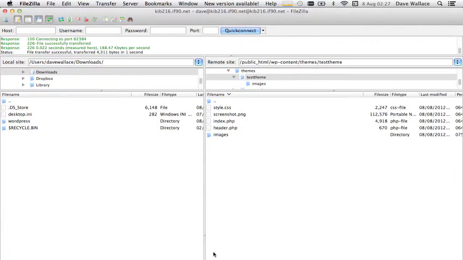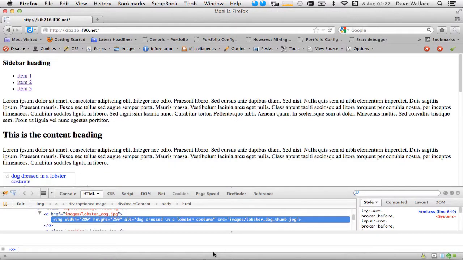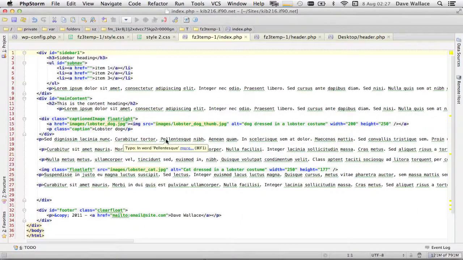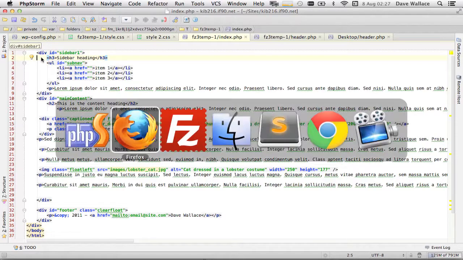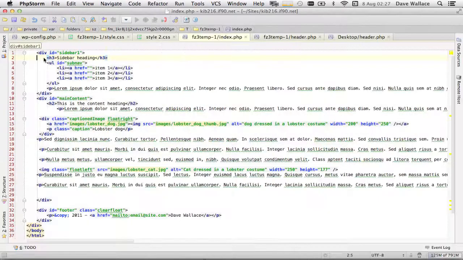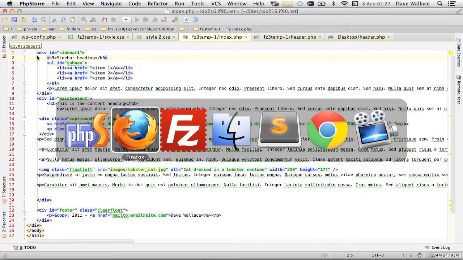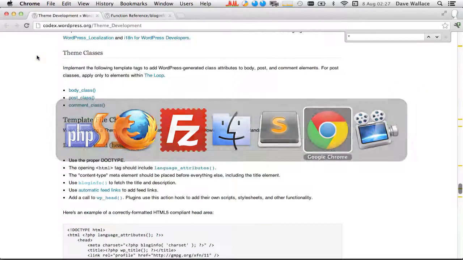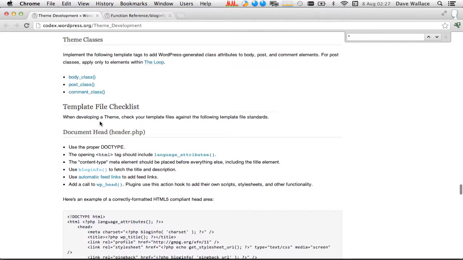And re-upload that. Okay, and now when I refresh, you can see that it looks like I've broken it entirely, but I sort of have, but I sort of haven't. So what this is doing now is loading the index.php file, but it no longer contains the head section of the document. So I actually have to say something within the index.php file to tell it to include that header file template. And the way that I do that, again, just referring back to the documentation,